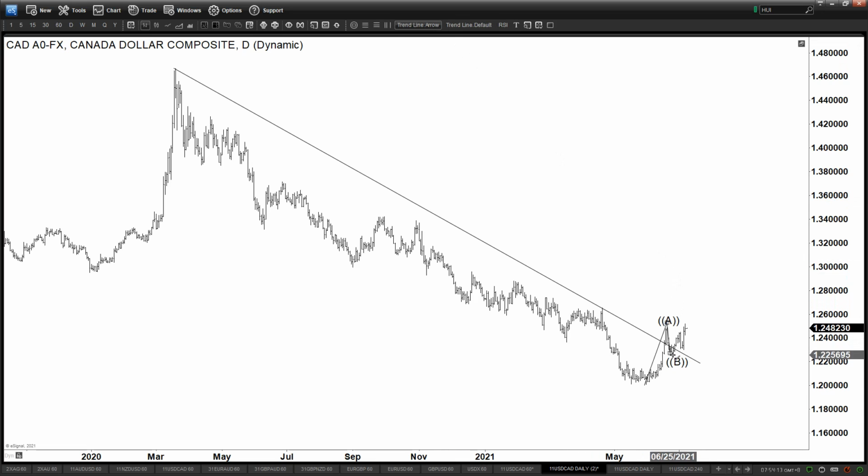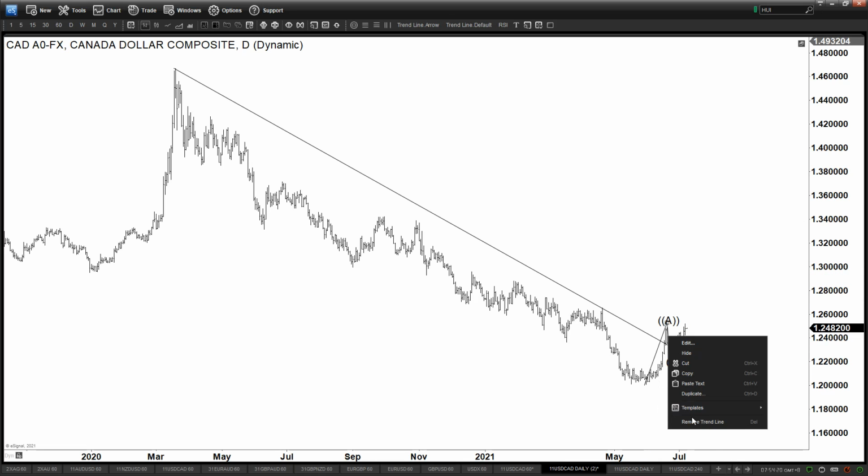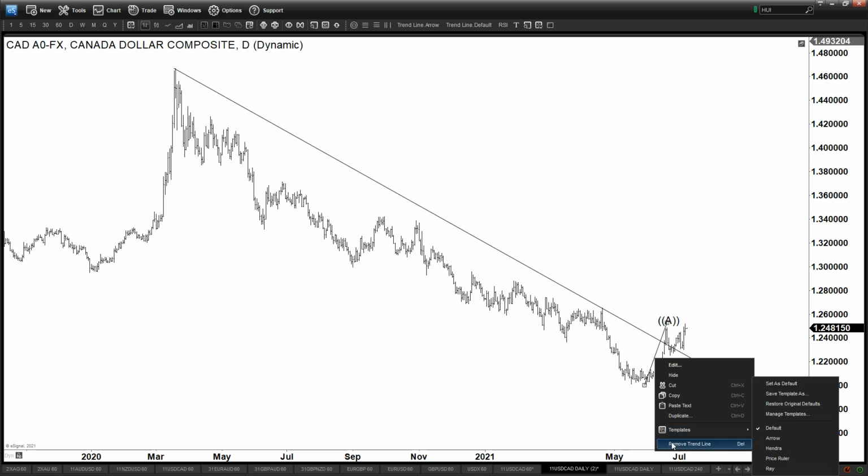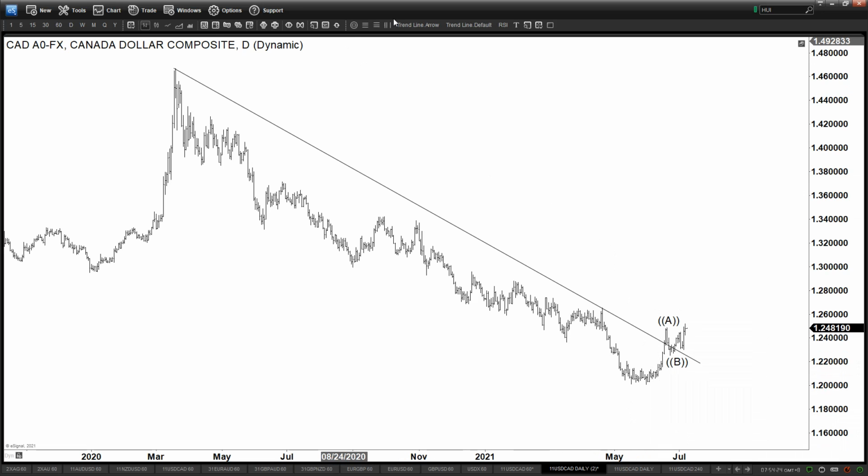So in the third leg here, the C should be in 5 waves, and right now we are in the process of forming that 5 waves up to the upside, and target to the upside potentially can go to 100%, right? So target on the upside potentially can go to this area. So we can go here 127.46, 130.50 as the next potential target here for US dollar CAD in the shorter